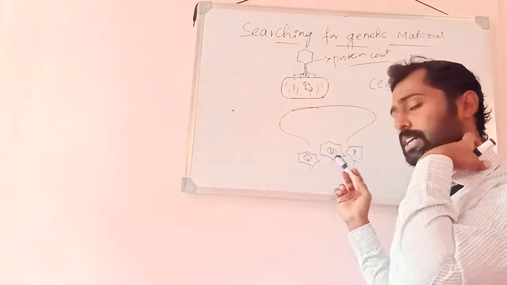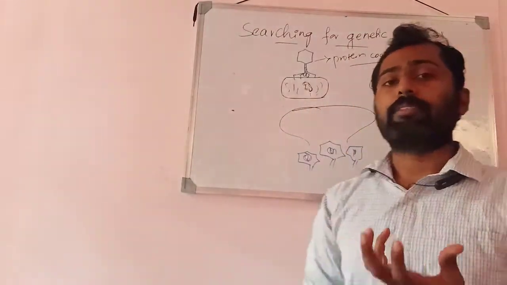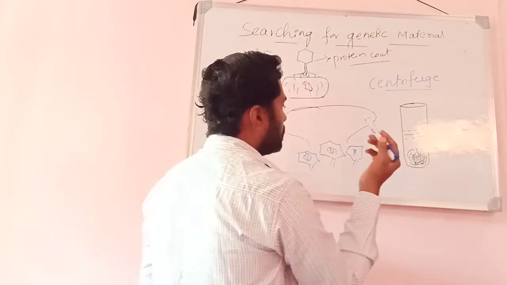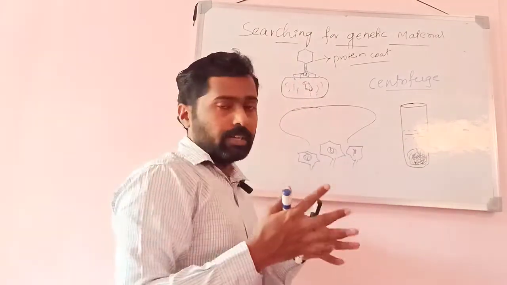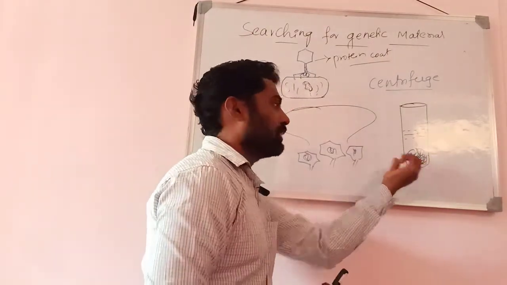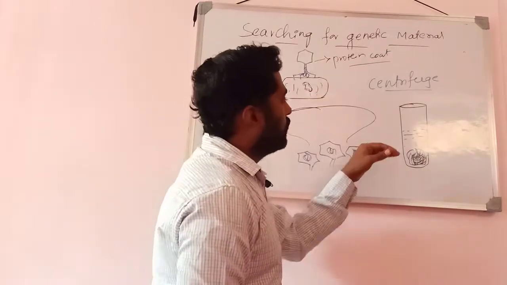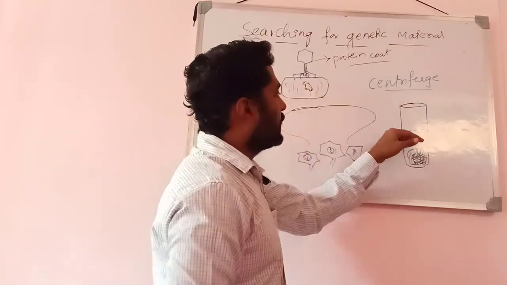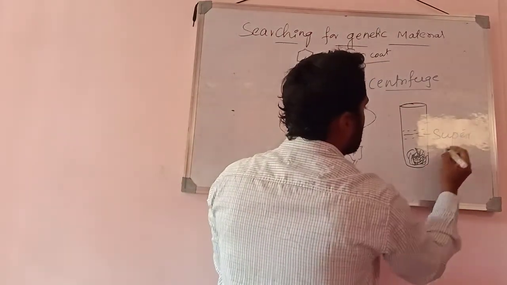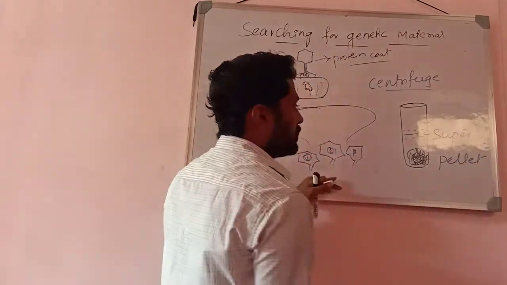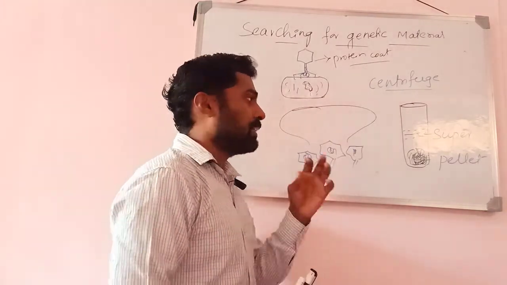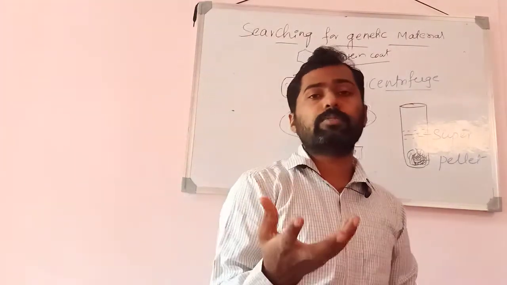When comparing protein and DNA, proteins have lesser density than DNA. DNA is more dense. So the DNA of the bacteriophages and the debris of the bacterial cells, meaning the dead bacterial cells, get stored at the bottom of the centrifugation tube. Whereas the protein coat and the lighter elements float on the surface and form the supernatant. This is the supernatant and this is the pellet. The pellet consists of DNA and the debris of the bacterial cells, whereas the supernatant consists of the protein and other elements lighter than DNA.